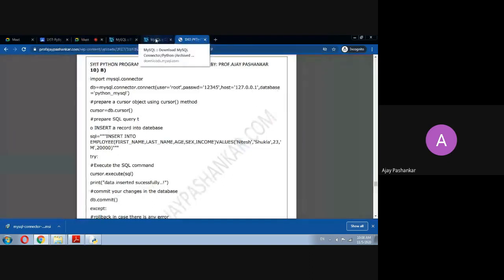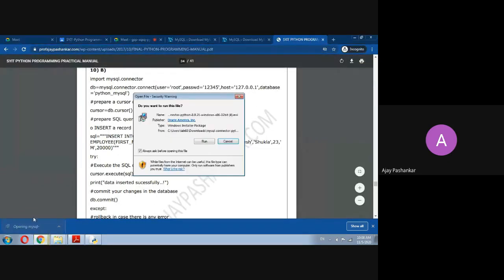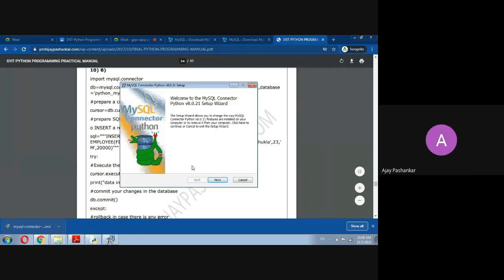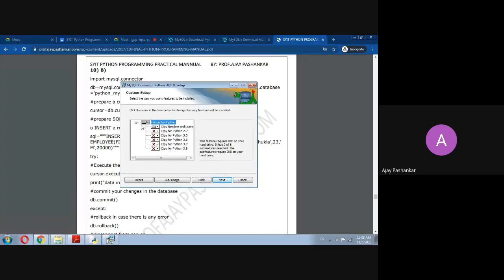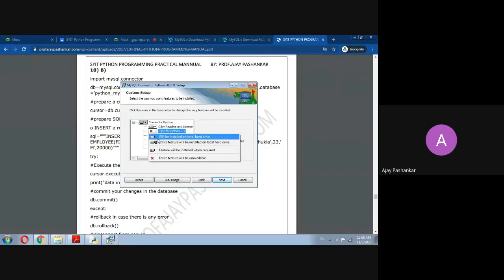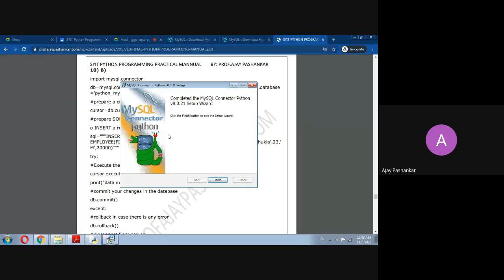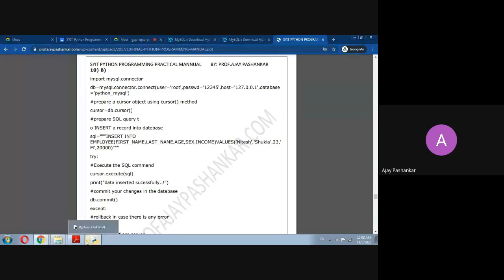You may face other problems also while installing. I'm changing the features, so readme, license. Okay, I'm opting for the entire feature to be installed, because I don't want any compatibility issues. Just say next, copying new files, and finish.